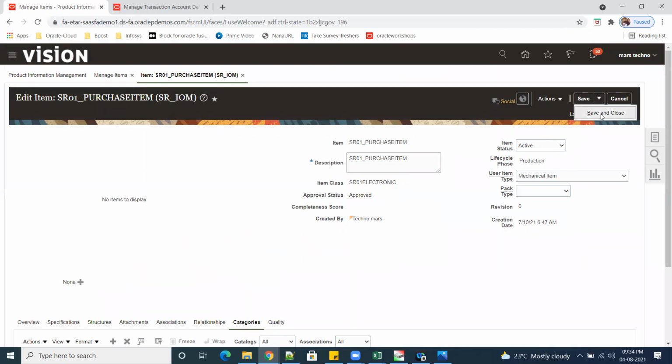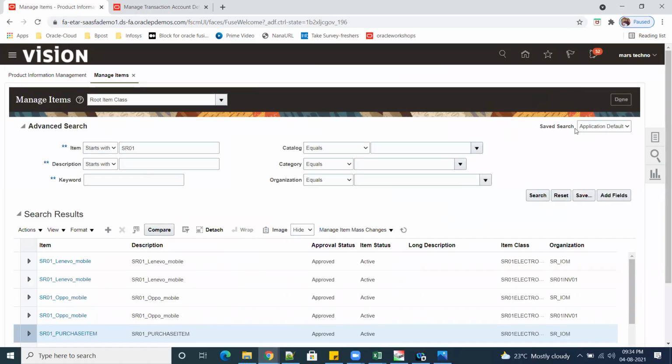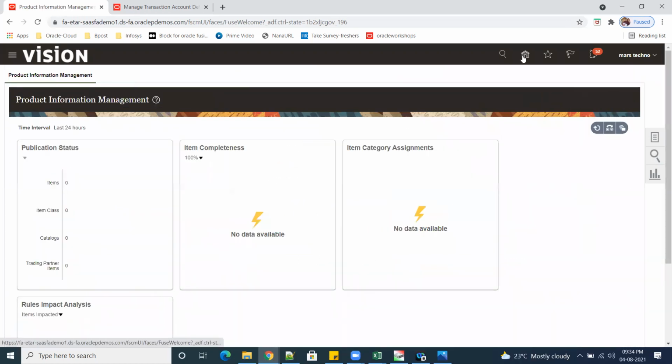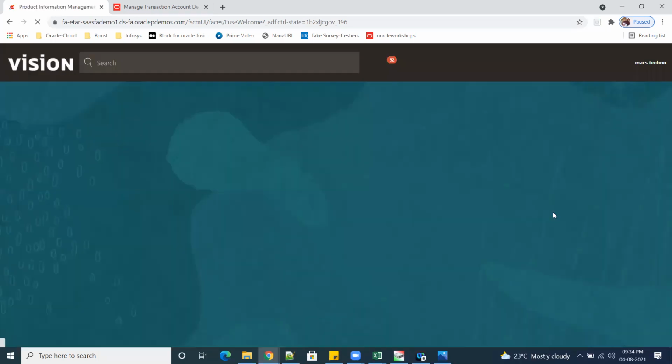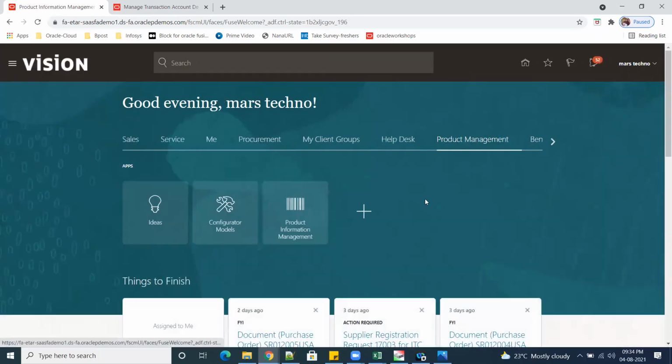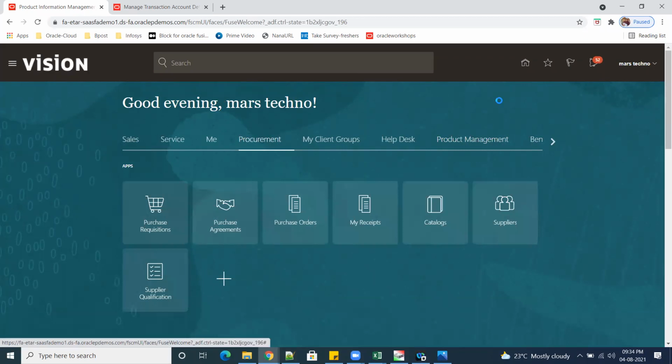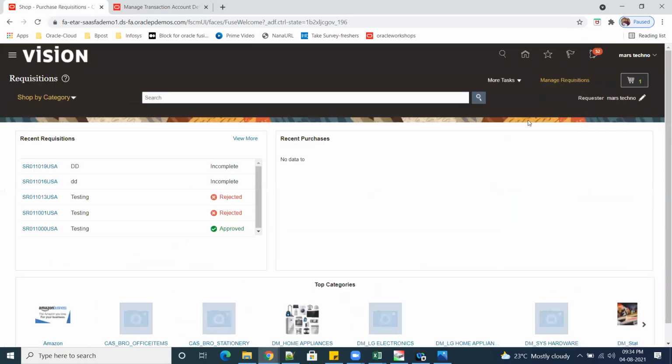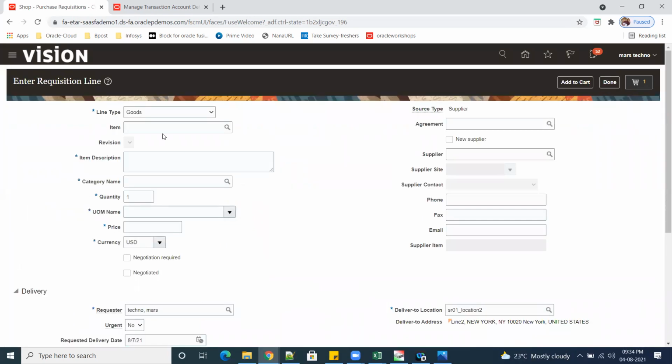Save and close. Now you try it. So mostly it has to work. Click on home. Go to procurement. Purchase requisitions. Enter the requisition line. So pass your value.